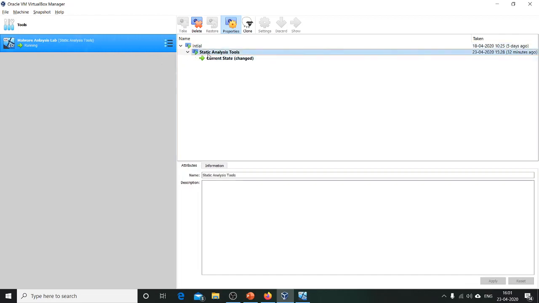And also, today I have created another snapshot called static analysis tools, after installing all the static analysis tools in my virtual machine, right? I will tell you clearly how to install all the malware analysis tools in my virtual machine. But before that, we have to see these three configurations. The first basic configuration is the host only network. For that you have to select your